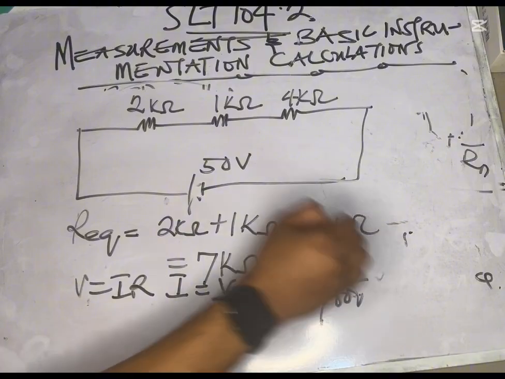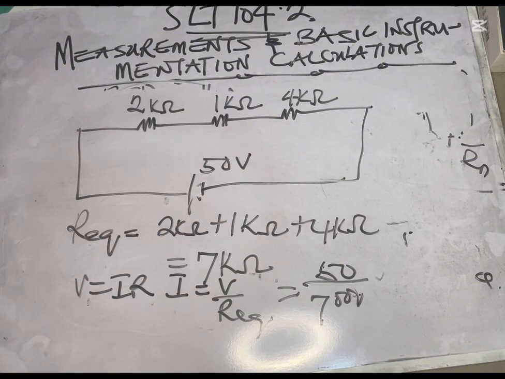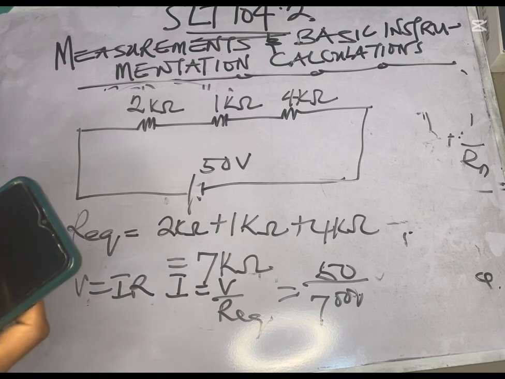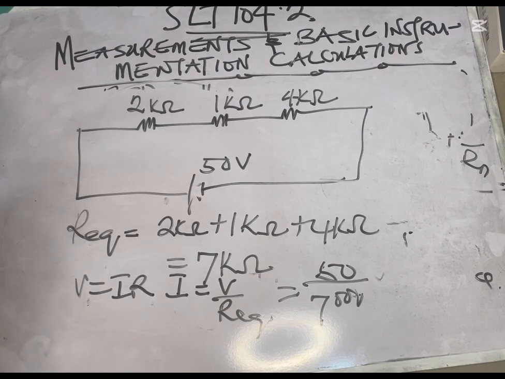I told you that 7 kilo is 7,000. Kilo is 1000, so it's very important for you to state that particular value in terms of thousands. If you see milli, milli means 10 raised to power minus 3. It is commonly used for current. So 50 divided by 7,000 will give you